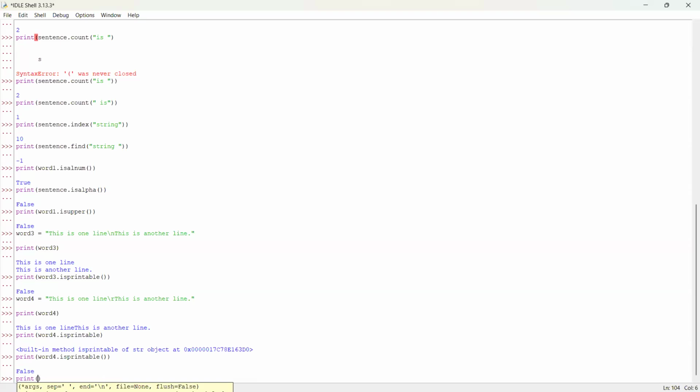Good. Wait, so what do I put? Just type word 4. Then put your dots. Let's see what shows. Let's see if we have gone through all the